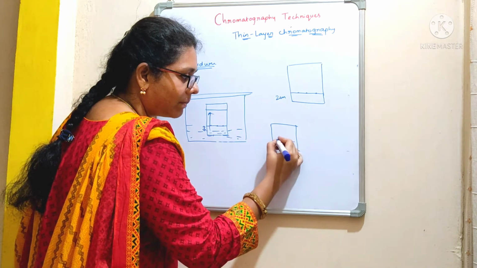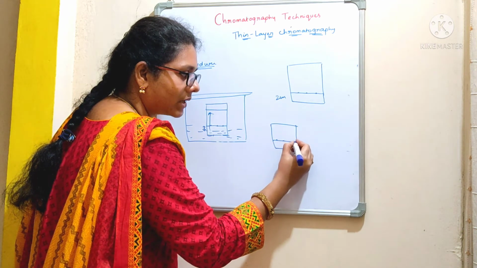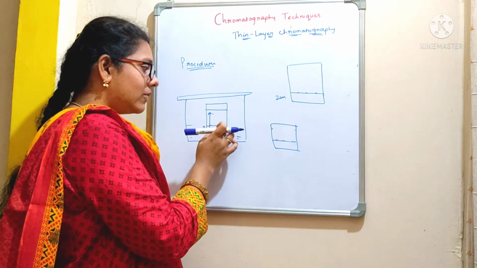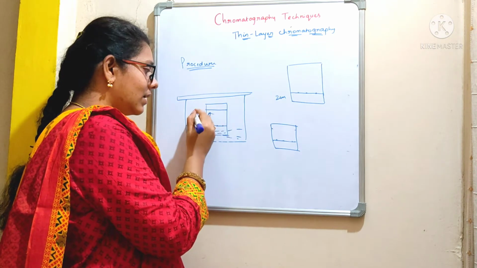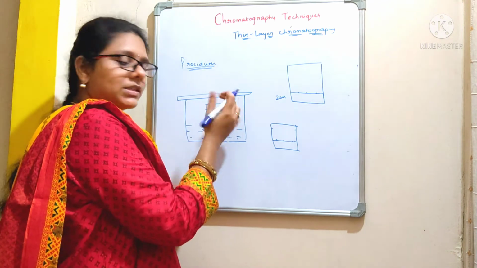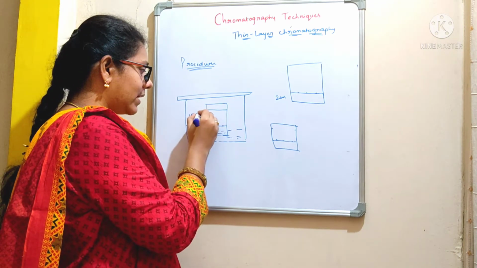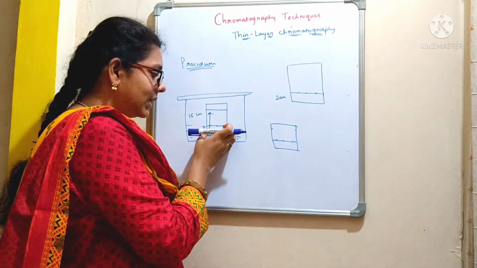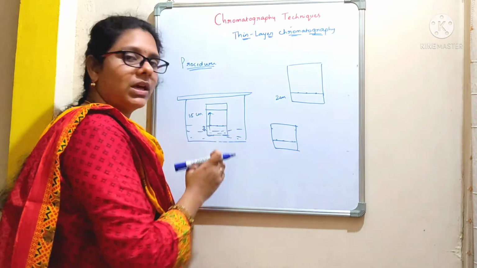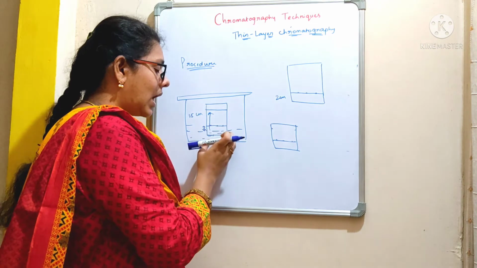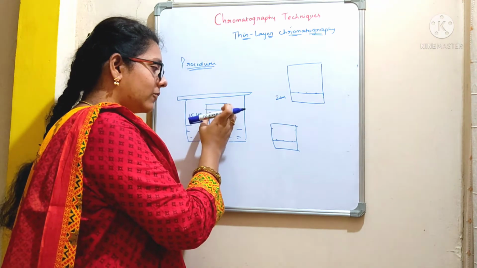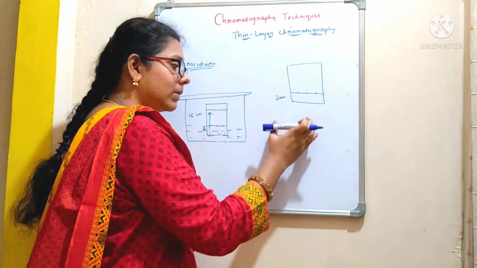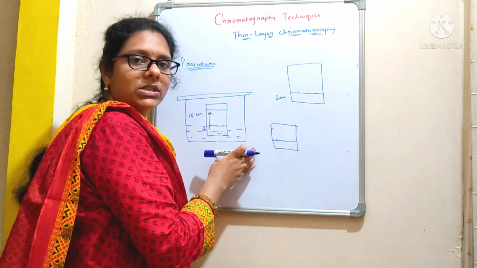This is where you have applied the samples. You have already marked with the help of a pencil, right? If you observe here, your solvent has migrated till this point. Say for example, it has migrated around 15 centimeters, right? And you have applied the sample leaving 2 centimeters away from the edge of the sheet. Now, after the movement of the mobile phase and after it stops, what you are supposed to do? You have to remove this TLC sheet from the chamber.